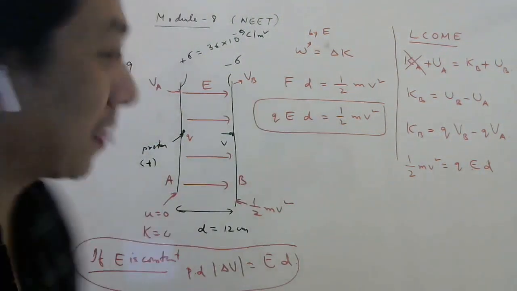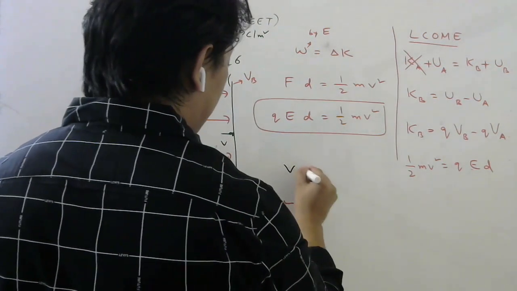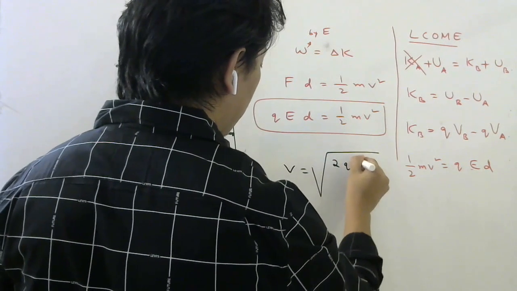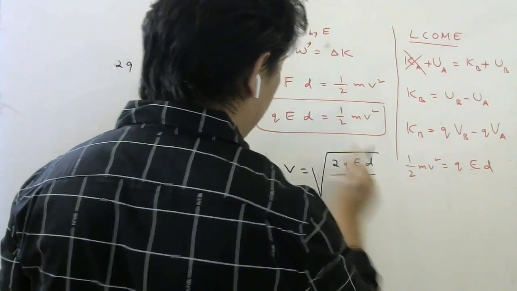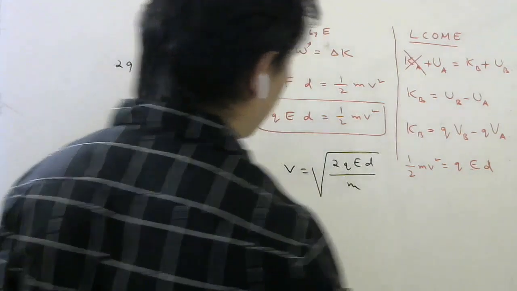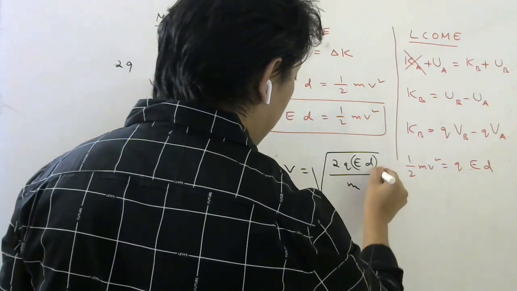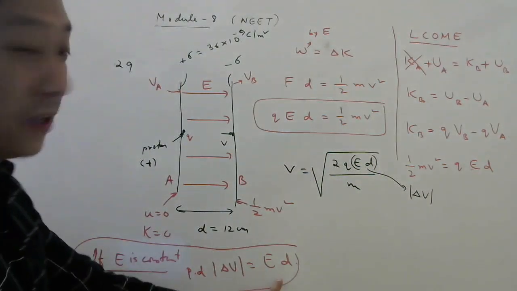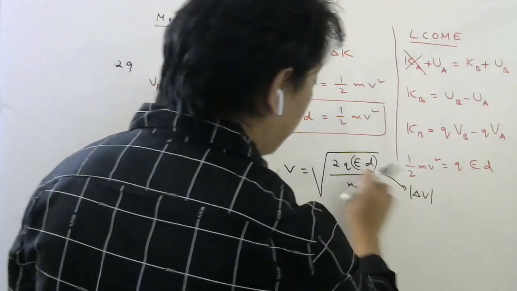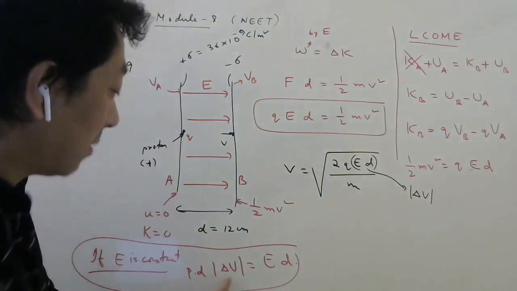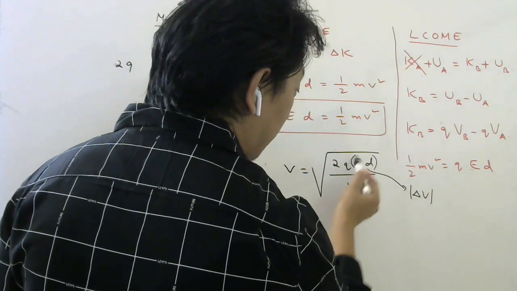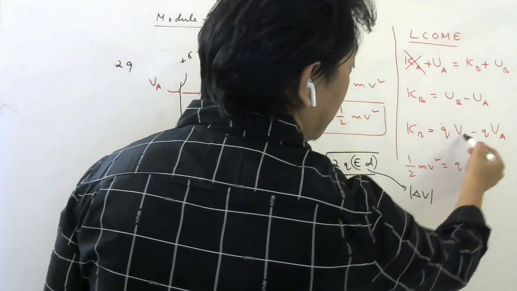Check once. Okay. So to find the velocity when it reaches here, what I need to do? Just take the square root, cross multiply: 2QED by M. Okay. Or sometimes in place of this ED, what can you write? Potential difference. Because potential difference is nothing but ED. So that depends on whether they give you the potential difference between the plates or they give you electric field and distance. So remember this relation, students. If they give you potential difference, then directly in place of E into D, what you can write? Potential difference. VB minus VA.